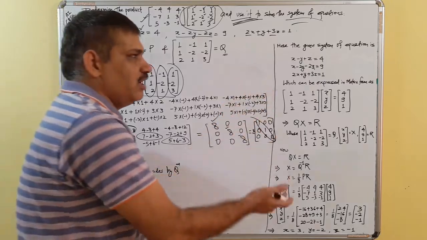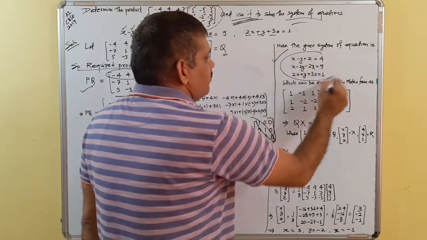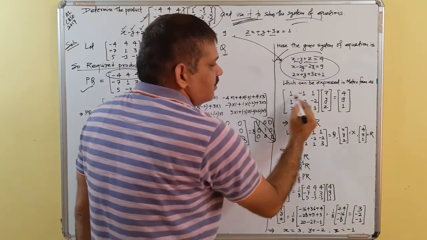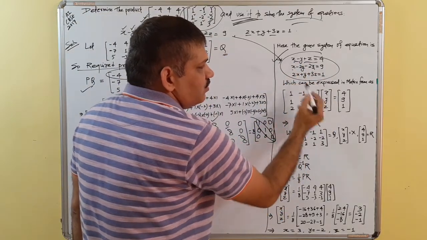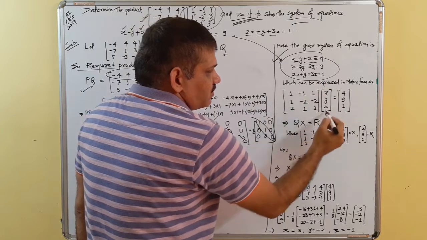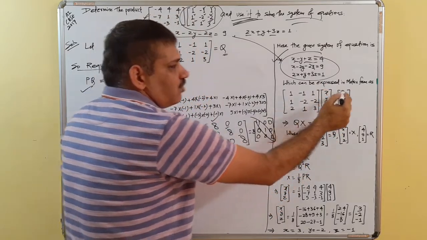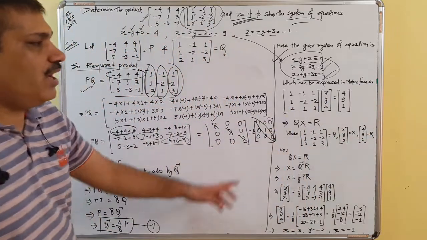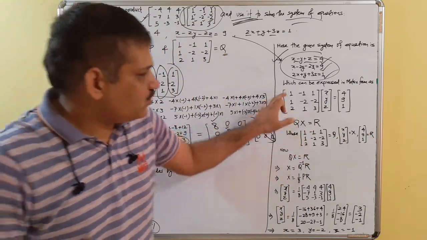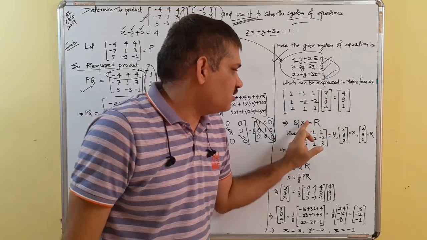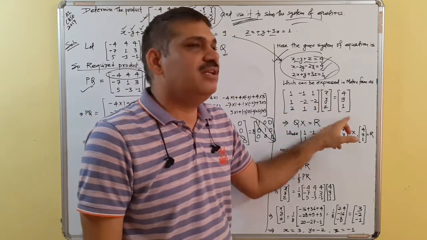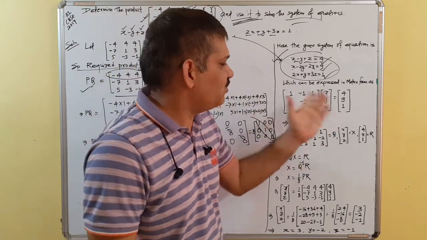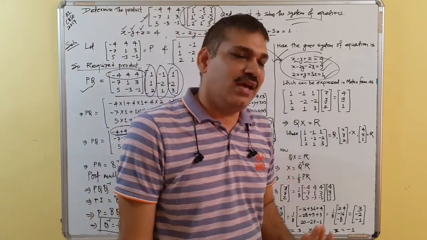Now, as usual, the given system of three linear equations can be written as the matrix 1 minus 1 1, 1 minus 1 1, 1 minus 2, 2 1 3, times x y z, the column matrix of variables, equal to the column matrix of constants 4 9 1. Now QX is equal to R. This is Q, this is named as X, and this is named R, because we haven't used B, A or whatever, but I have taken P, Q, R.